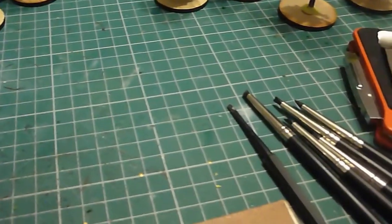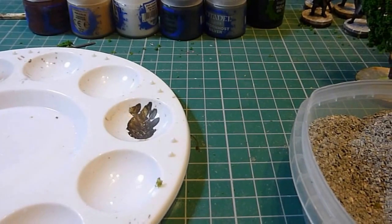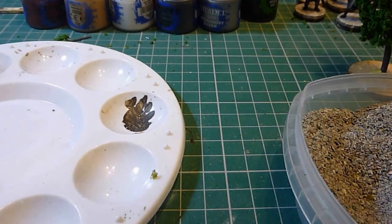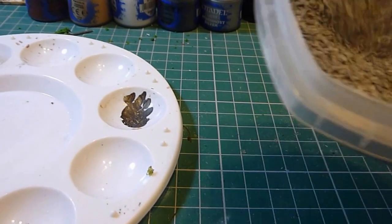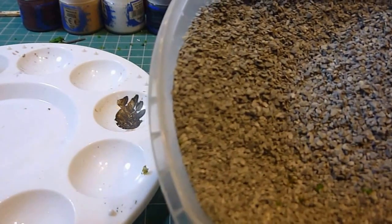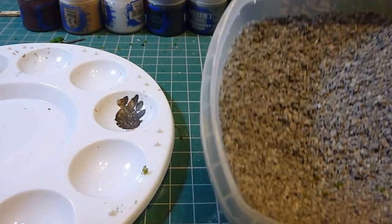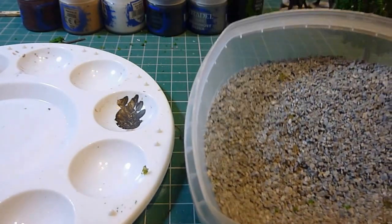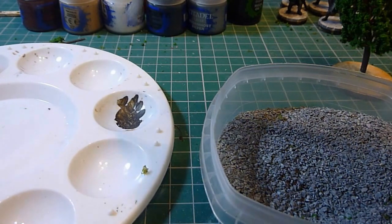And we've got quite a lot here. We've got another bag full of small shrubbery stuff in my wardrobe. But yeah, I'm just cracking on with some trees, which is much needed for our games. So you join me again as I'm just finishing off basing all my trees, and I'll just show you simple. It's just this coarse, moderately fine, kind of slate type stuff,